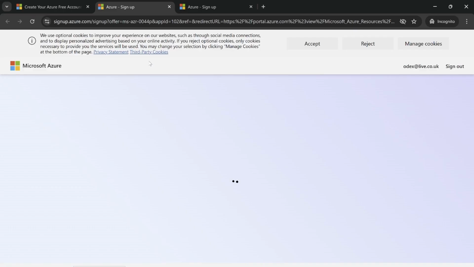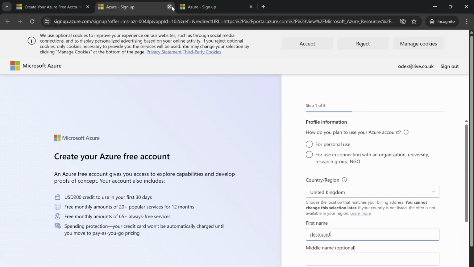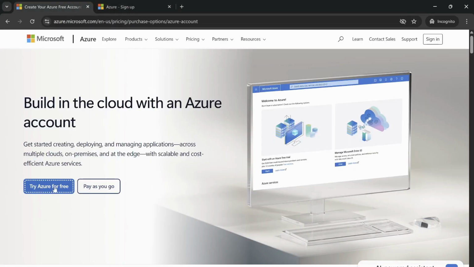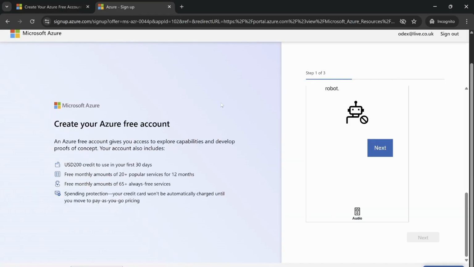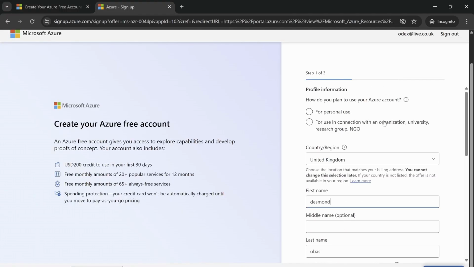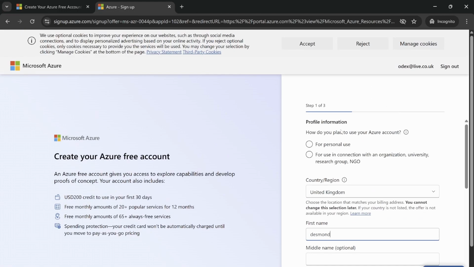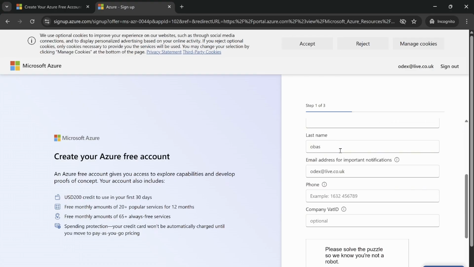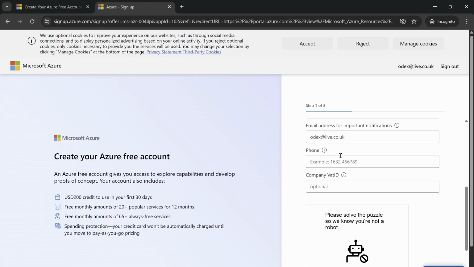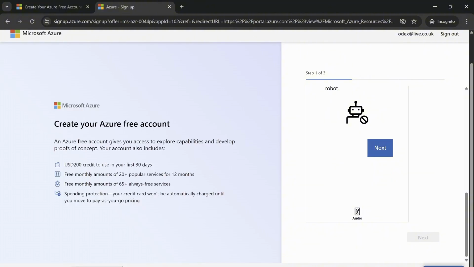Once you click on this, it's going to ask you to provide your email address. If you don't have one, you need to set one up. Then it takes you to the next page, which asks you a few questions to create your Azure account: your country, your name. Fill in your details, and then you just follow through. Click on next, provide